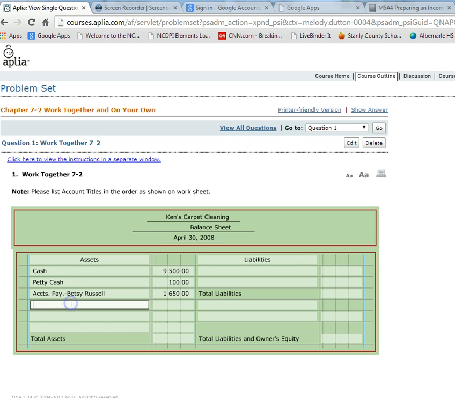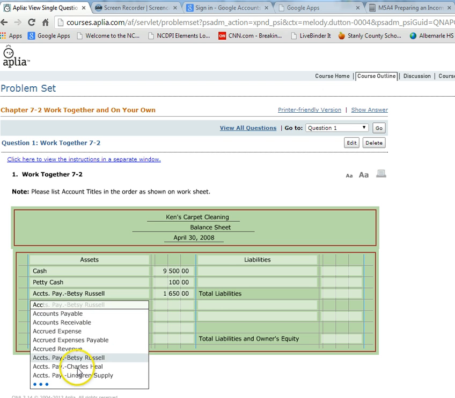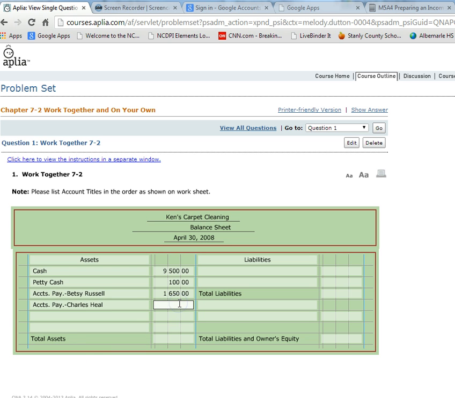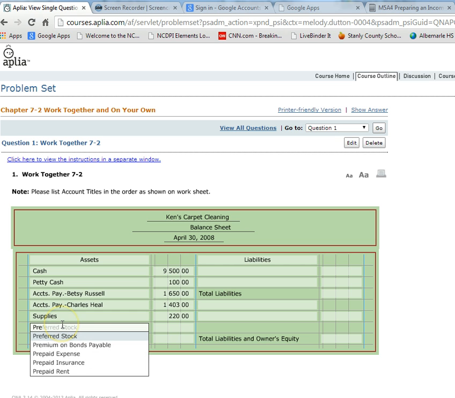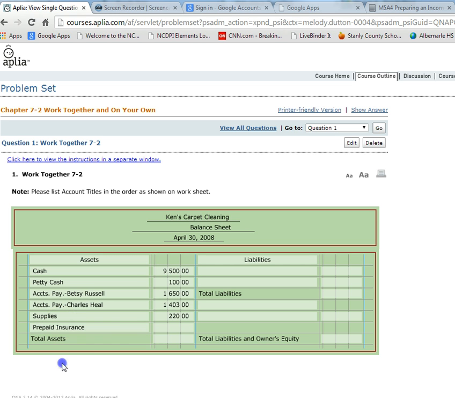Accounts receivable, Charles Heal, has $1,403. Supplies has $220, and prepaid insurance has $640. Add up all of your assets and you get